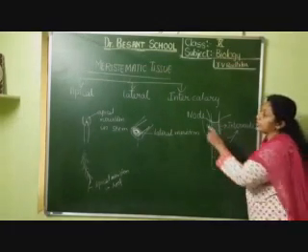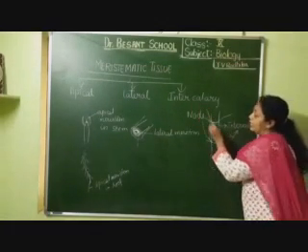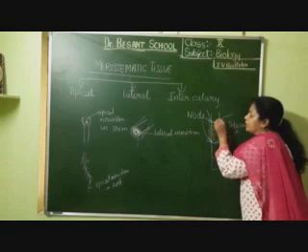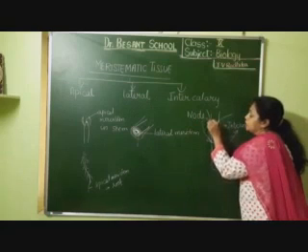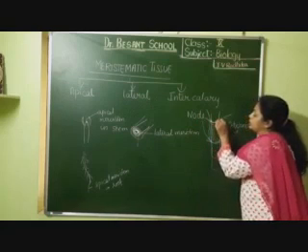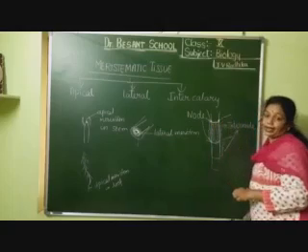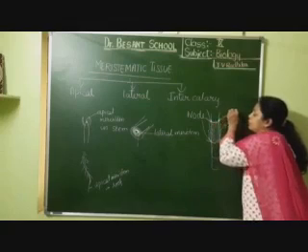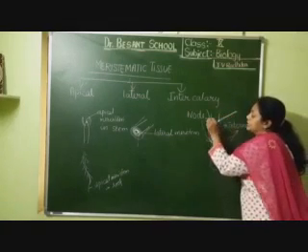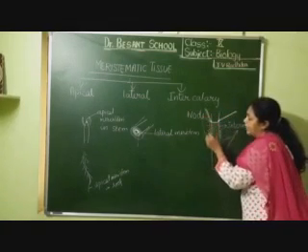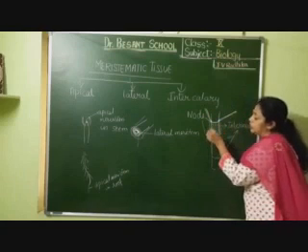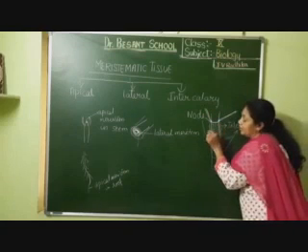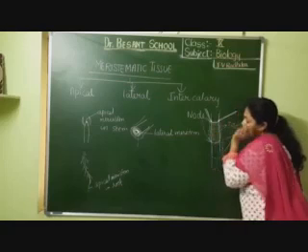So what is the speciality of the intercalary meristem? In the intercalary meristem, the meristematic tissue is present in the nodal region. In this region you can find the intercalary meristem. As it is there, it helps in the development of new branches. From here new branches can arise, but they are absent throughout this region, so in this region we cannot find the development of new branches.